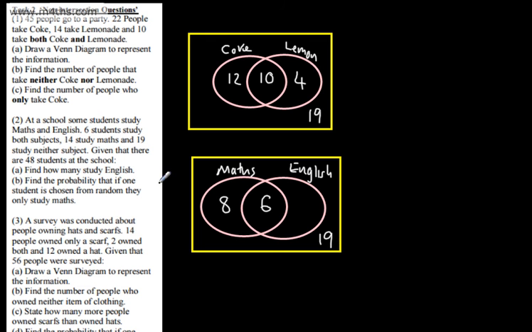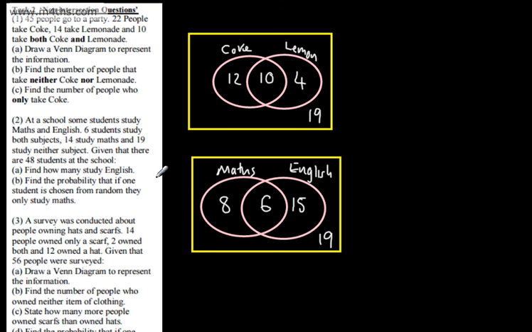What we need to do is complete this, given there are 48 students. So all I need is English only. Well, there's my 14. That's 33 added together. So that looks like this is going to be 15. So let's check that adds up to 48. 14, 29, 48. So in part A, we need to find how many study English. The answer is not 15, it's 21, because we've got 6 who do maths and English and 15 who do